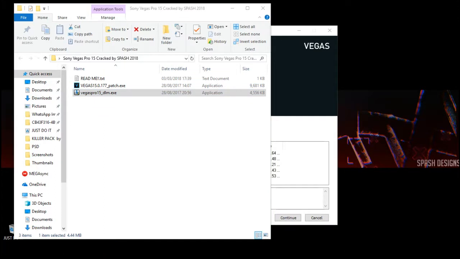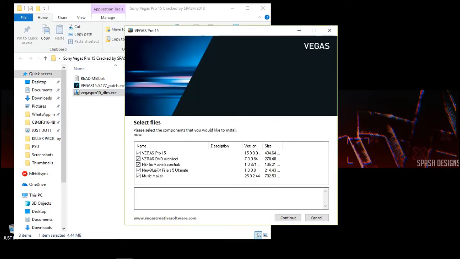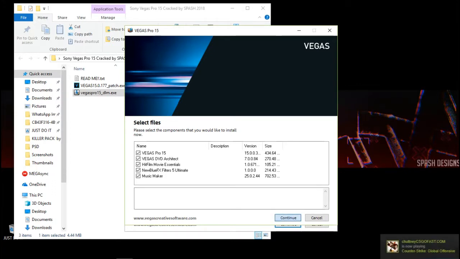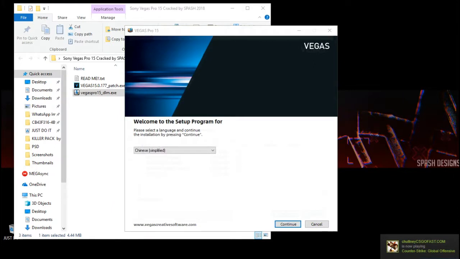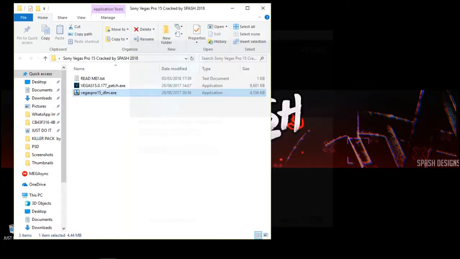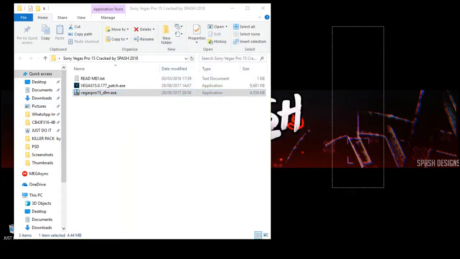Yeah, so when you do it, you'll see that Vegas Pro 15, Vegas DVD, and all the other plugins are already there. So what you have to do is just continue, okay? I'll not do it because I already have Vegas Pro 15 installed on my PC. So you just have to do that, and Vegas will be installed on your computer, but